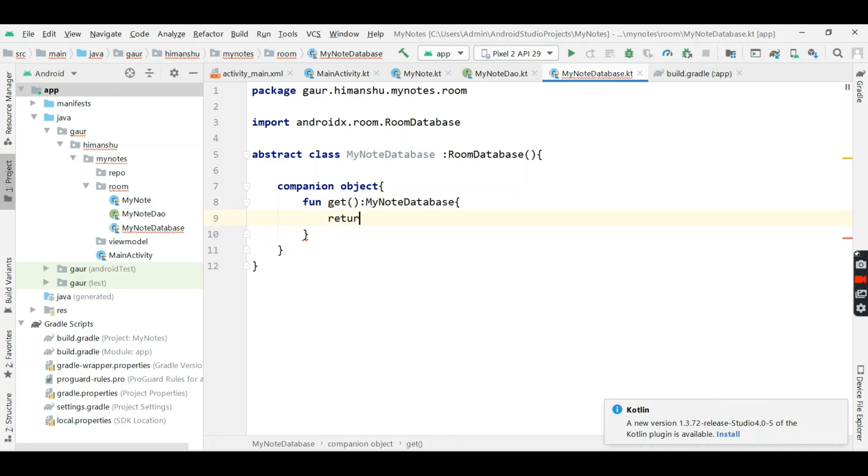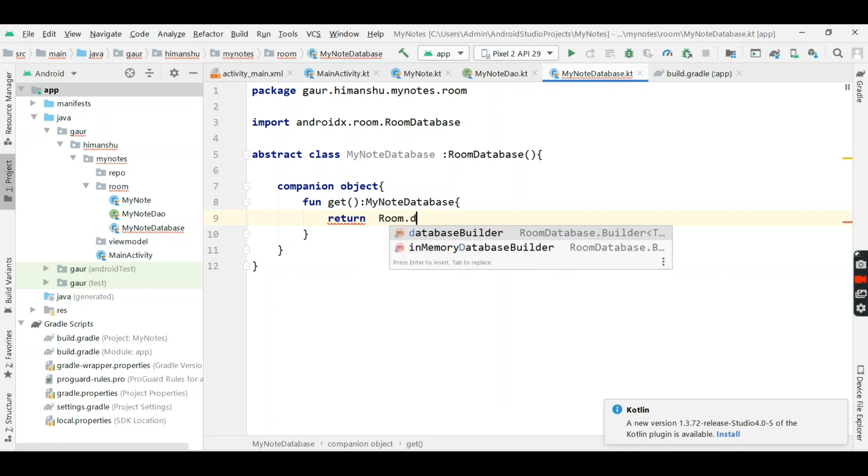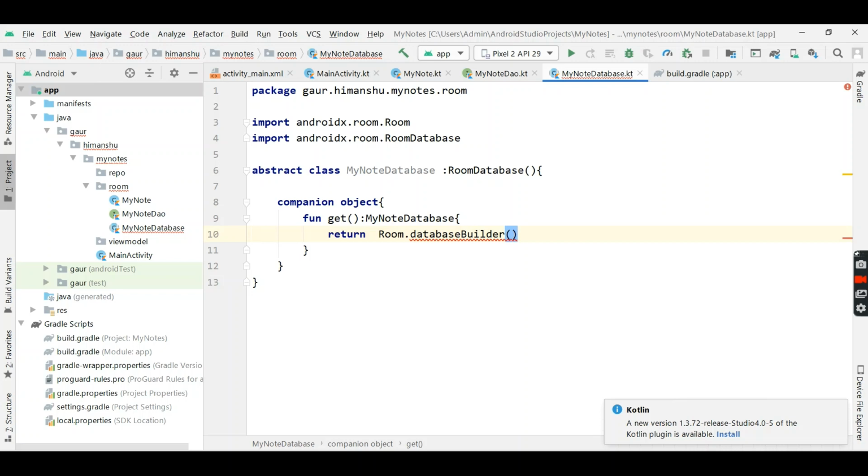So we will return Room.databaseBuilder and pass application, which we will take from here.